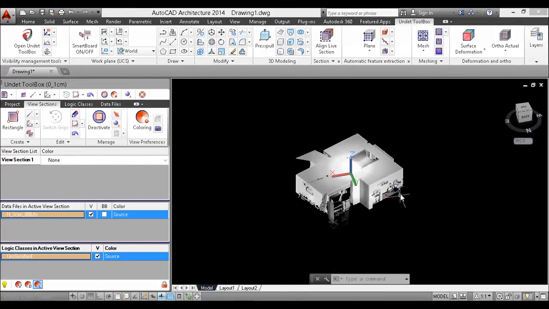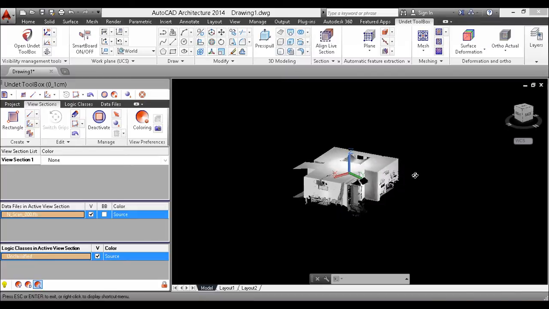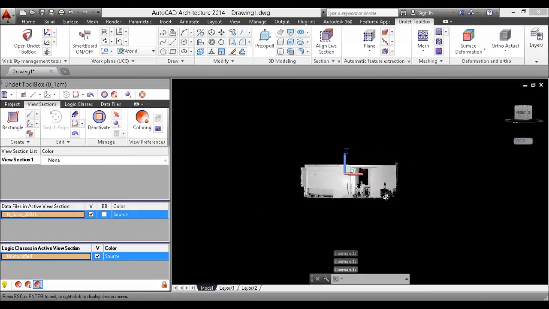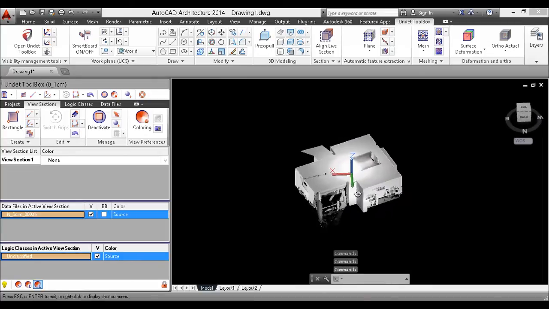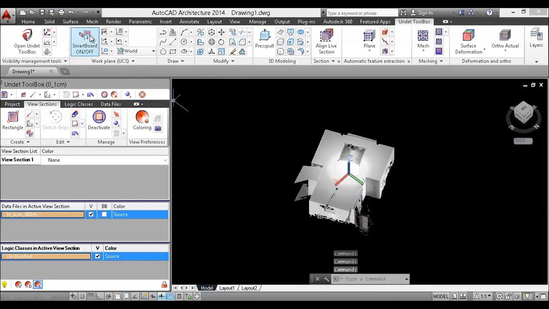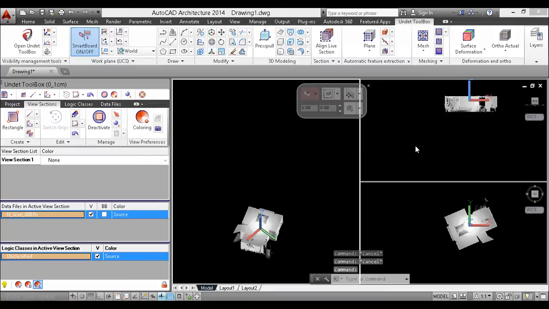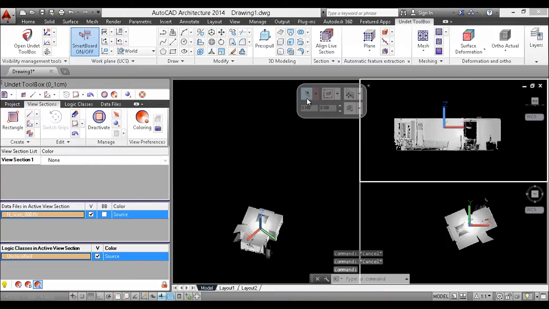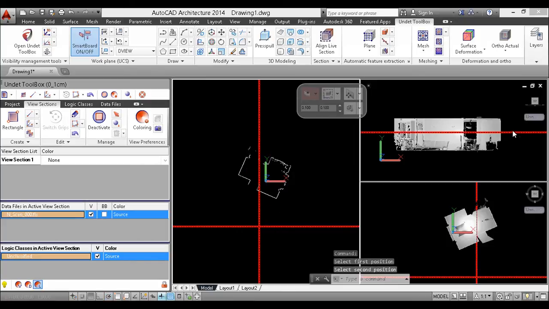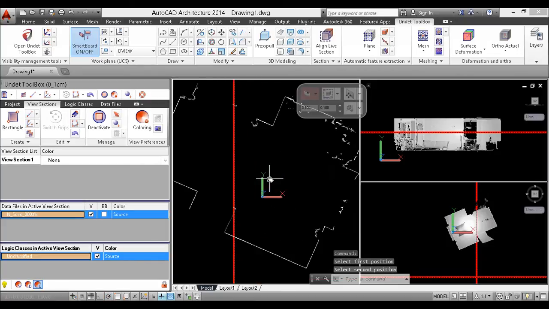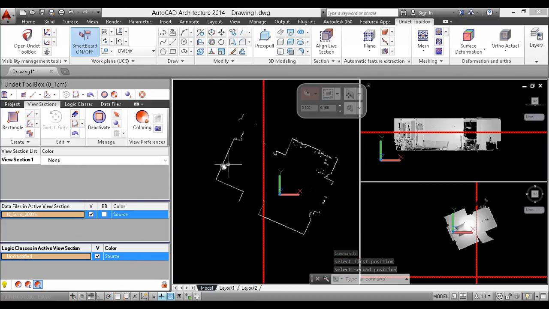I have opened another point cloud project in which I'm going to show you how to quickly and easily extract 2D plan drawings of this scanned flat. Let's turn on the SmartBoard over here and let's create a section that will pass through the entire flat, and I have the plan view which looks like this. And I'll now use the automatic feature extraction